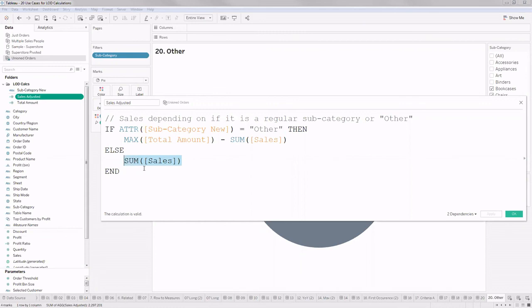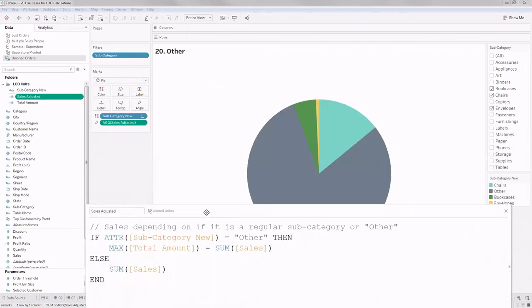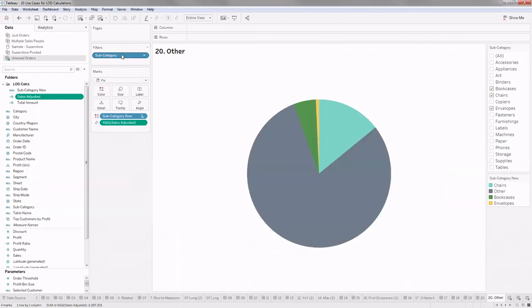The calculation is this, but let me explain the logic here. I know I have to use my subcategory as a filter here. Now when I put subcategory as a filter and I'm removing some subcategories and adding some, irrespective of which table it is coming from, either orders or orders one, they will all be gone.